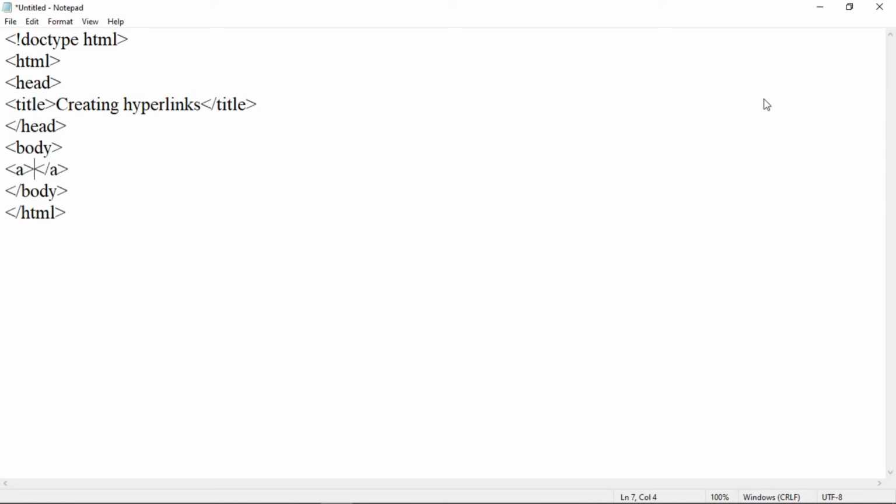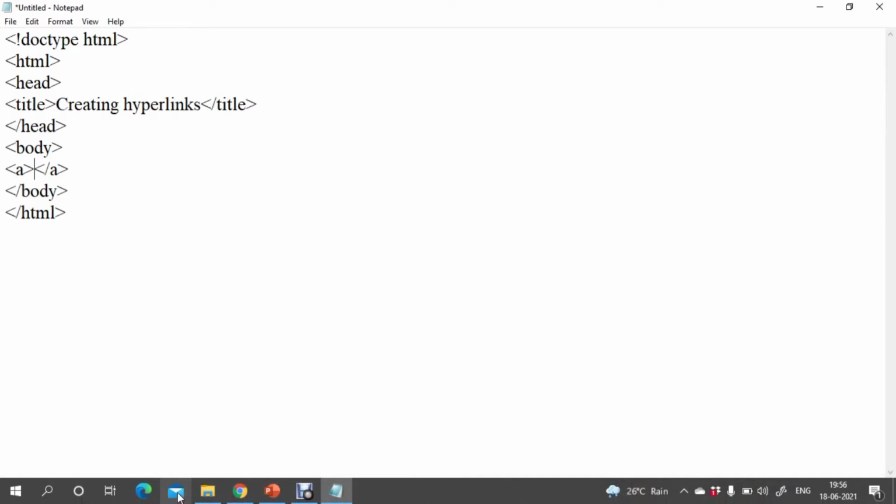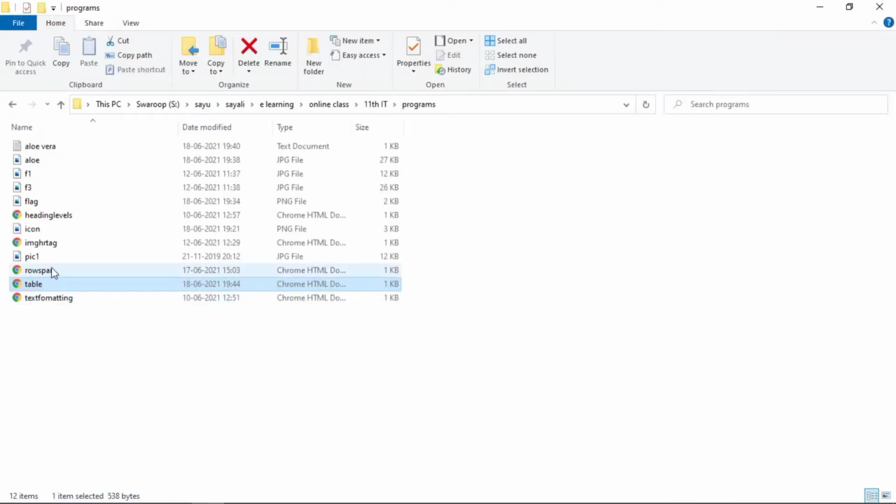Now in the last lecture we have discussed how to create a table, and we had created a table that is displaying input output devices. So I have that file, see here, table, and this is the output of that file.